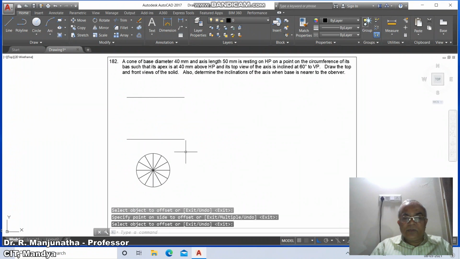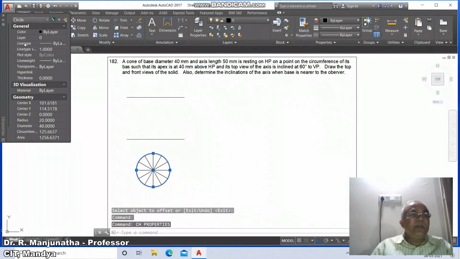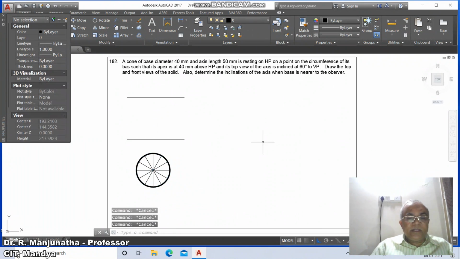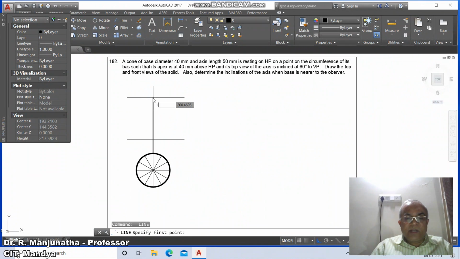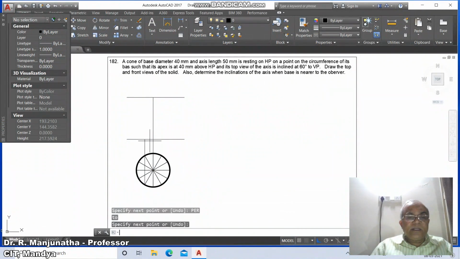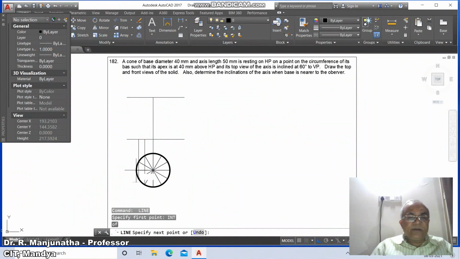Then select this, go to CH, change this to layer visible, and here click on line weight display. Then go to line, take int of this and draw perpendicular to this. Then go to line, take int of this and draw perpendicular to this. Do the same for the next two lines.